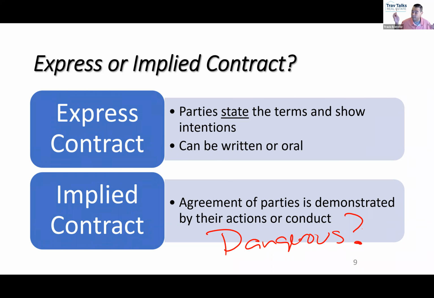You still have to have a conversation with them about, are you interested in me being your buyer's agent? Don't just start showing them houses, because that would be what kind of agency? Implied. If you just put them in your car and start showing them houses, you've implied that you're their agent. But if you say to them, now, we can start looking at properties, I would be functioning as your buyer's agent. Are you okay with that? We don't have to have a written agreement. We can do it verbally. And they say, sure, that sounds good. That's express oral buyer agency. Does everybody see the difference there?